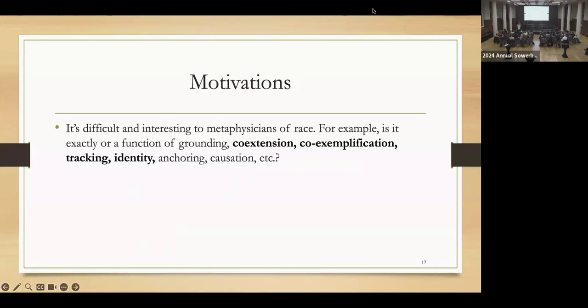So in the philosophy of race literature, philosophers stepped up to the plate and generated some potential hypotheses for what's going on. Some of them that I'll talk about today are theories of coextension. Maybe the terms that the US government was using and the terms that population geneticists were using were picking out the same groups, but the terms have different meanings, right? So they're picking out different things, but maybe they're picking out the same groups of things. And these are other metaphysical relations that could be exemplified. Now,